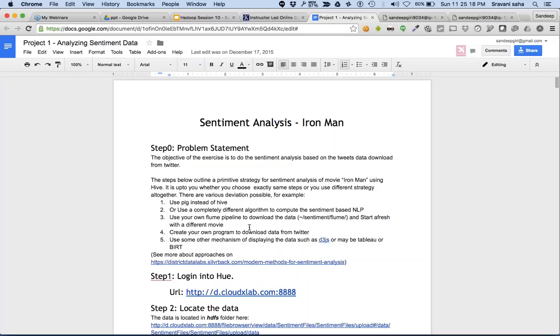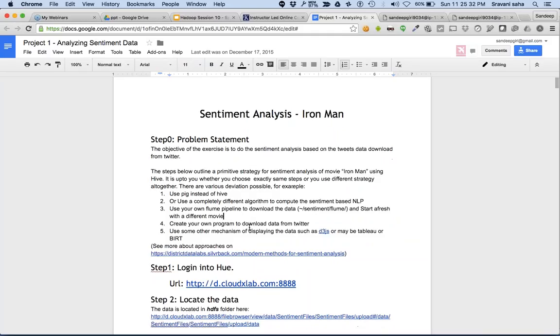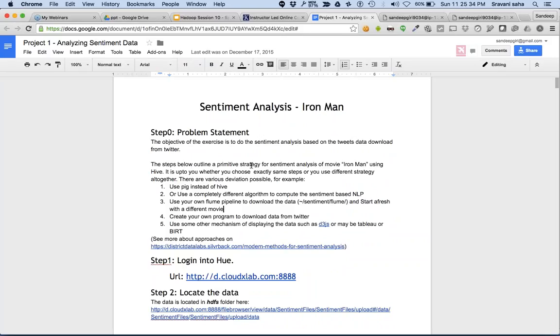It's called sentiment analysis. The objective of the exercise is to do the sentiment analysis based on the Twitter data, which you can download from Twitter. Okay. So the steps which we are going to talk about are basically the primitive strategy for sentiment analysis for a movie called Iron Man using Hive.